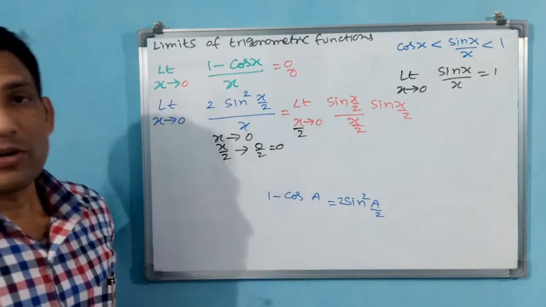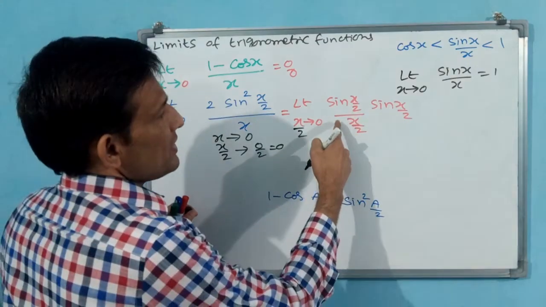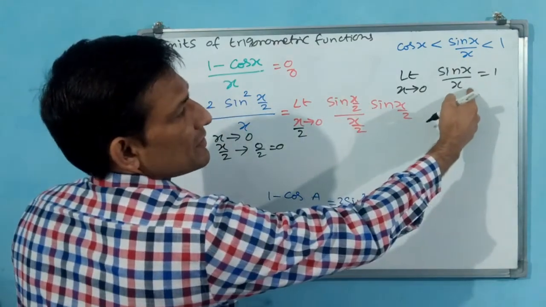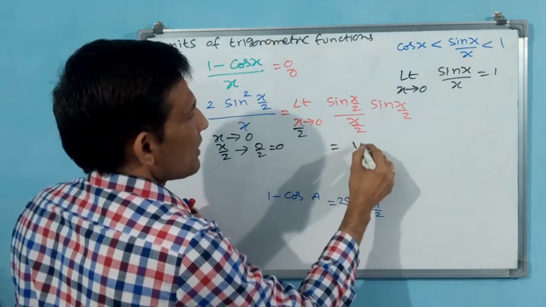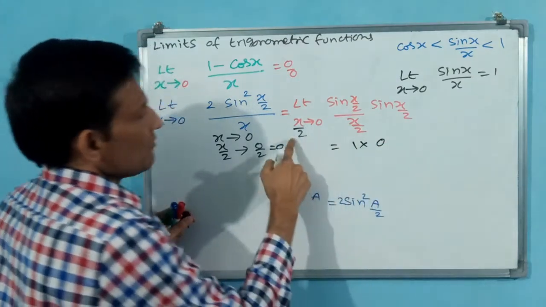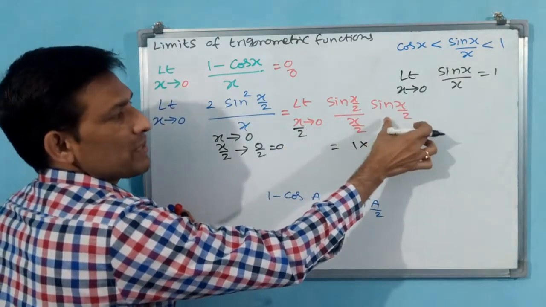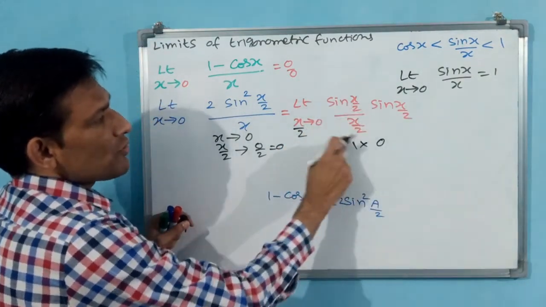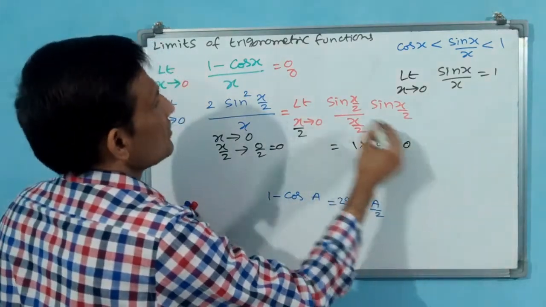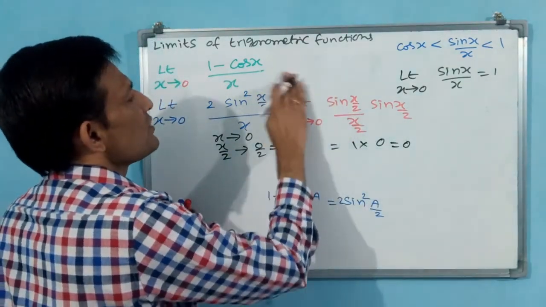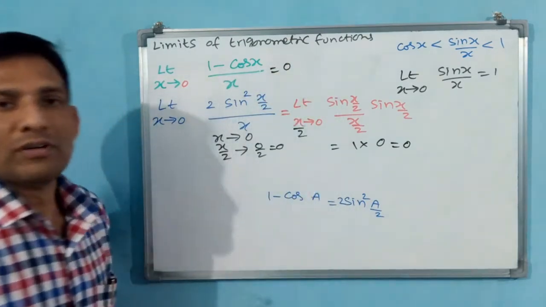Then you apply this 0 here. You see here it will become like the sandwich, this one, sin x by x. That means here that is equal to, this is 1 into this is 0. Why? Because x by 2, if you put 0, this becomes 0. But this is not going to become 0, you see here. 1 is there, 1 into 0, that is equal to 0. That means this is not 0 by 0, this is simply 0.